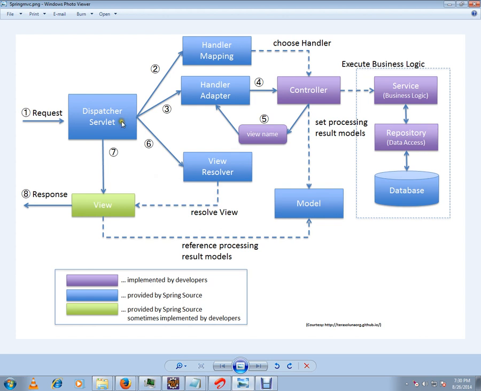So the dispatcher servlet calls the controller, and the controller calls the service layer and prepares the model data, and the controller also prepares an object called model and view. It contains both the model data and the view that has to be rendered. So we are going to get the model and view, and we are going to give the view name to the view resolver. View resolver is nothing but a class which is going to take the view name and prepare the view in the browser. I'll show you in the code.